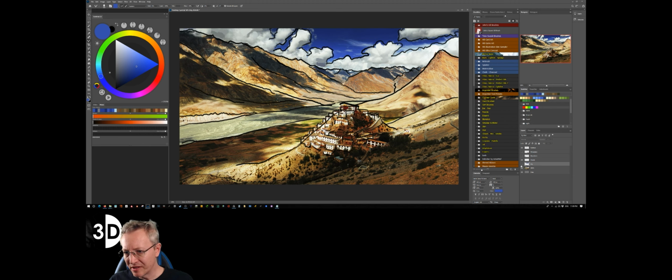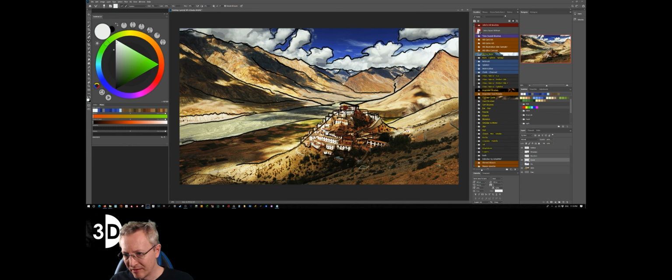I will turn off the sky layer because I'm covering up a little bit of the clouds. And now in my clouds layer, I will sample the original image and paint into the clouds layer. For that, you need to make sure that sample all layers is checked up at the top here. And then I can grab color from the cloud and paint in the white, bright whites,